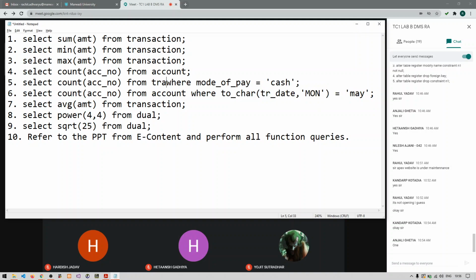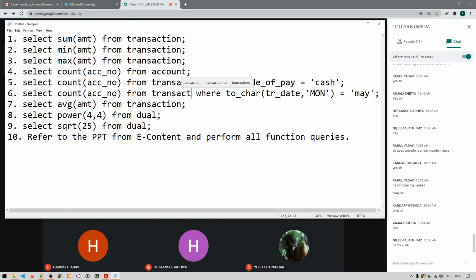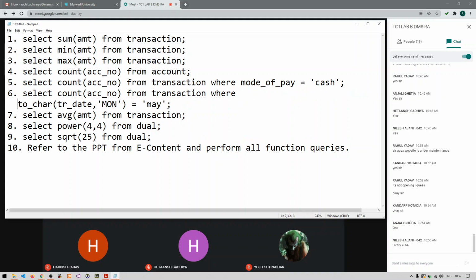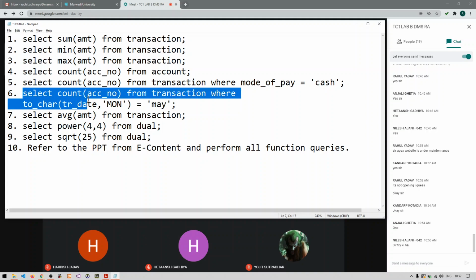Here it will be a transaction. Yeah, can you try to explain the sixth query?